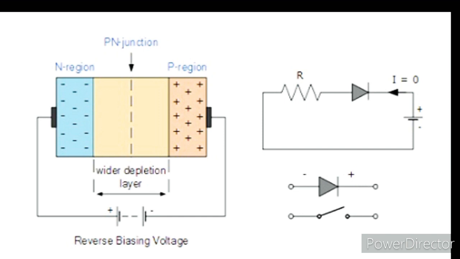Because of this, opposite charges of carriers come to the center and the size of the depletion region increases, which is the wider depletion layer. Because it acts as an open switch, carriers cannot change position from the P side to the N side, and carriers cannot jump from the N side to the P side. This condition is known as the reverse bias condition of the PN junction diode.